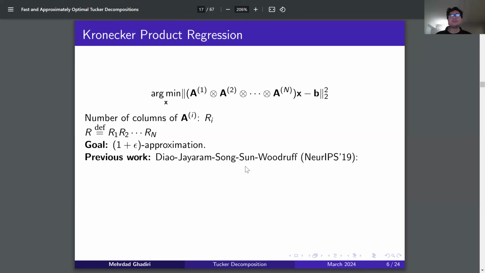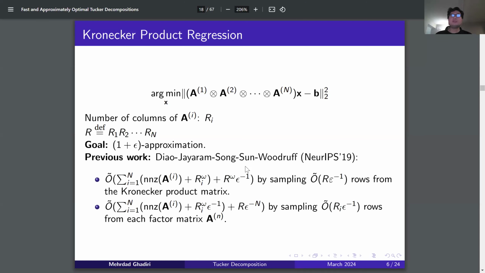Essentially, solving it approximately would be much faster. There is previous work on this using randomized linear algebra. Let me explain what they do later, but here I'm just going to say what their running times are. You can use sampling approaches to get essentially two different running times. One is to sample R over epsilon rows from this Kronecker product matrix,